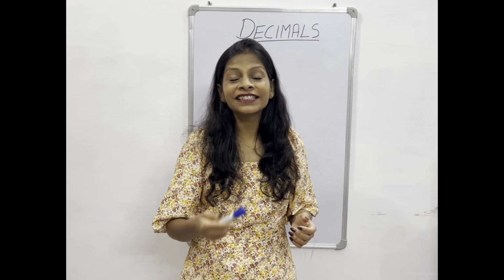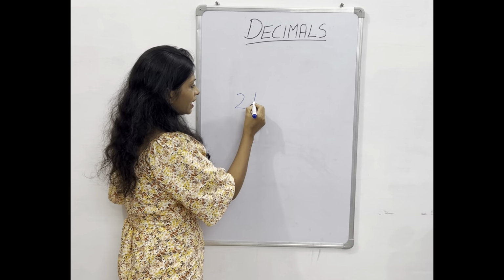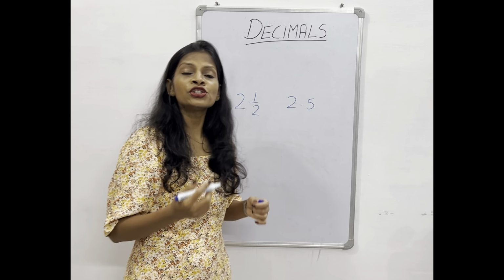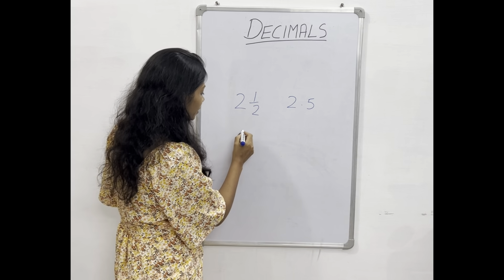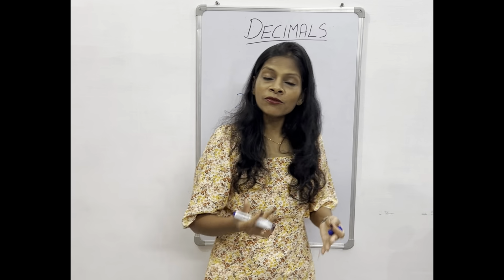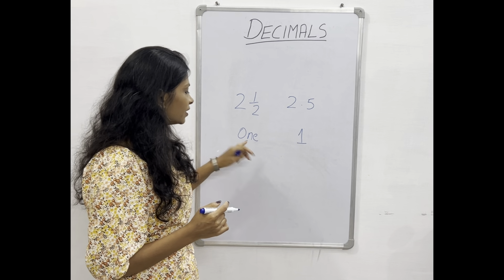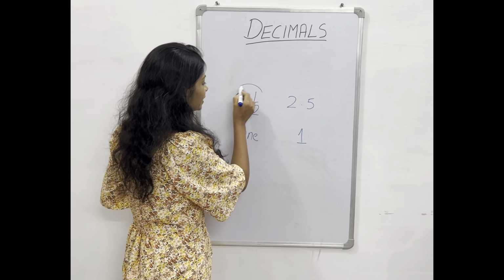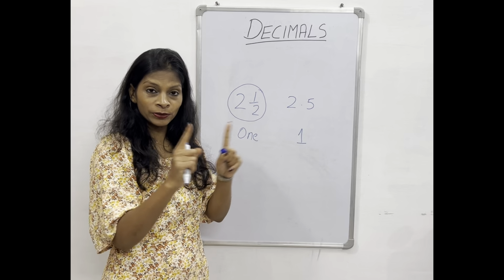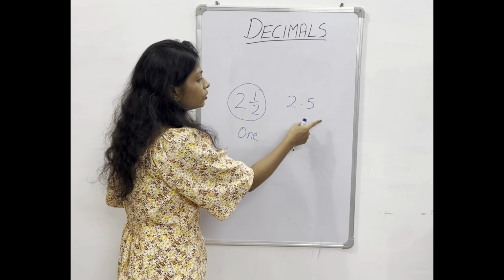And yes, you must be thinking that we can do that in terms of fractions also. That is right. 2.5 and 2 1/2, they are representation of the same amount. For example, if I write 1 or if I write one, they are just the same ways to represent 1. One is a numeric way and another one is in the word form. Now similarly, this is the fraction form of representing a number or an amount that lies in between two whole numbers, and this is the decimal representation of showing an amount between two whole numbers.